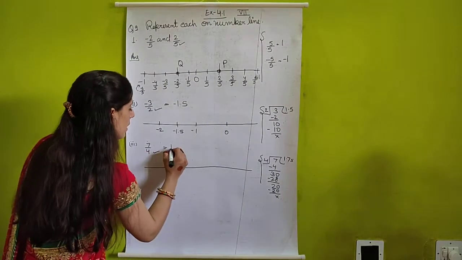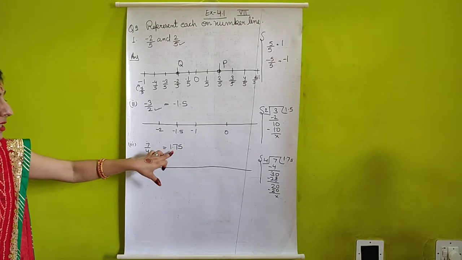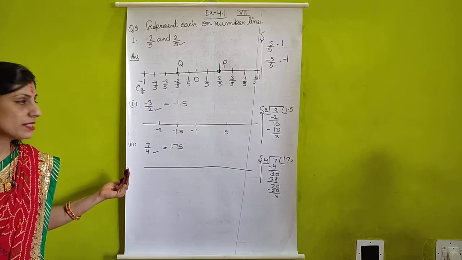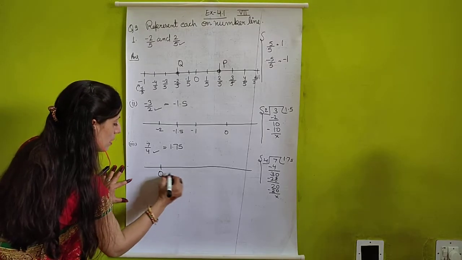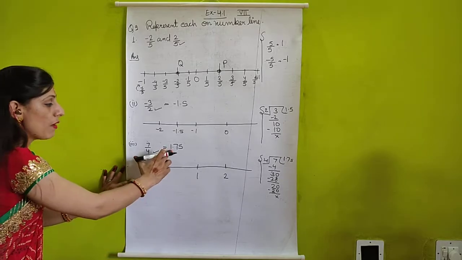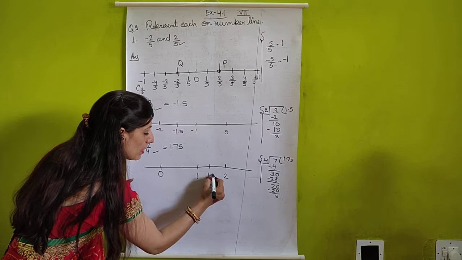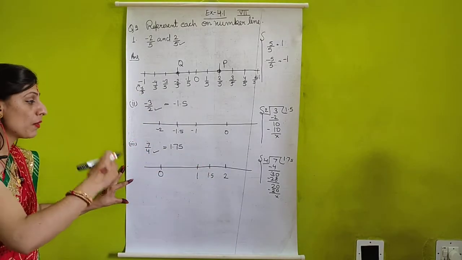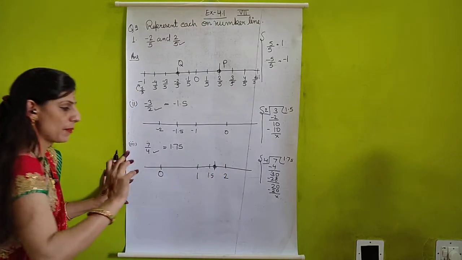Okay students, so here 1.75 will come, and as you can see, this is with a positive sign, so there is no need to draw negative numbers; we can write only 0, 1, 2. So here what will come? 0, then 1, then 2, and so on, 3. This is 1.75. Here students, in the middle what will come? 1.5. But this is beyond 1.5. This is 1.75, so it will come here, approximately.